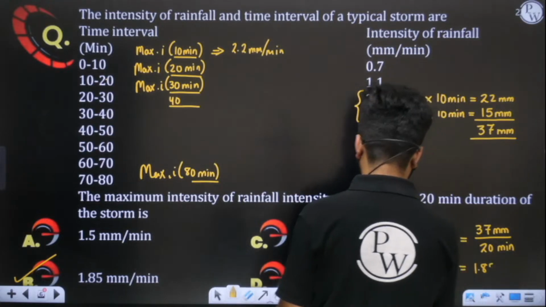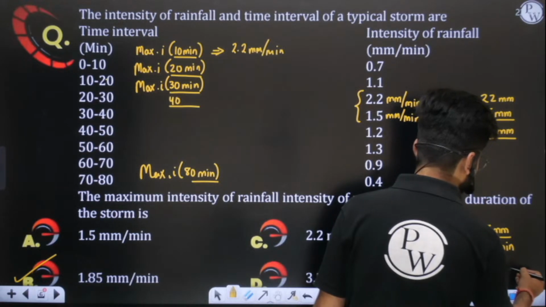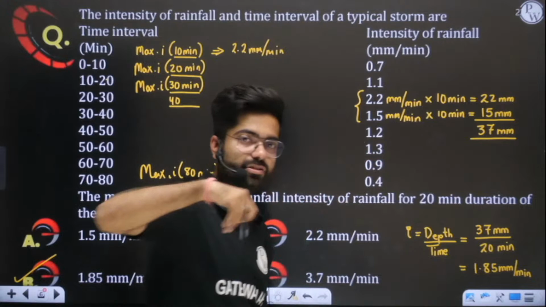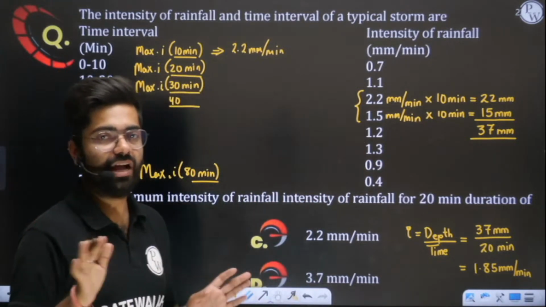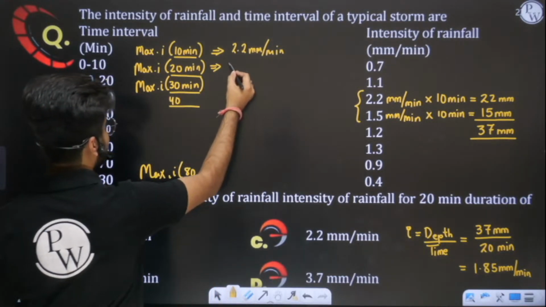Okay, 1.85 per minute. Perfect. So I hope the GATE question is very, very clear to you. Now let us say if they would have asked this question for 30 minutes. Can you tell me the answer yourself? I am not going to solve it. Just tell me if they would have asked. The answer to this one is